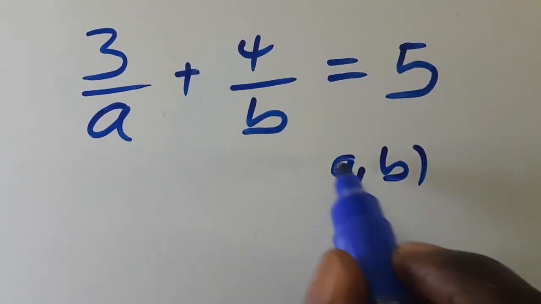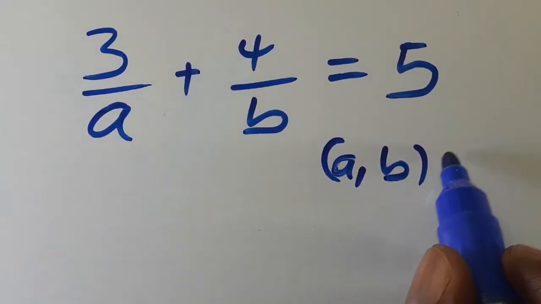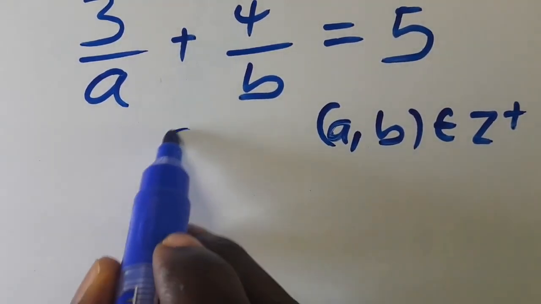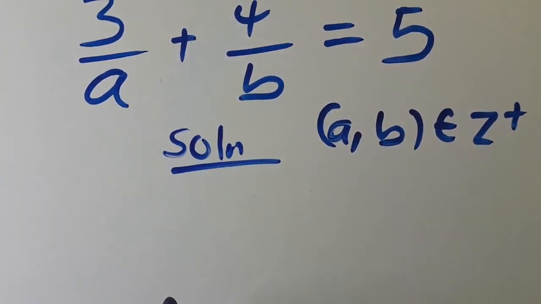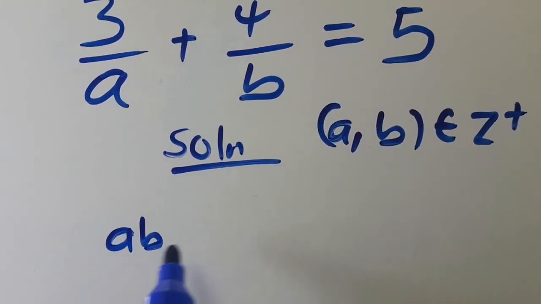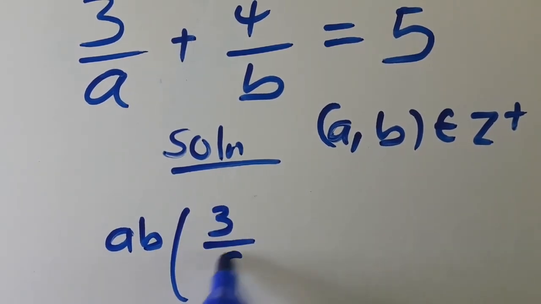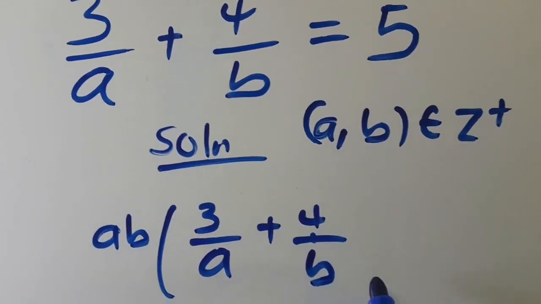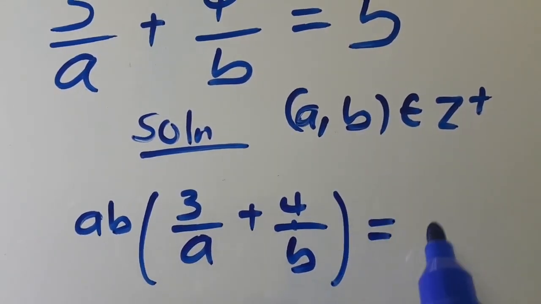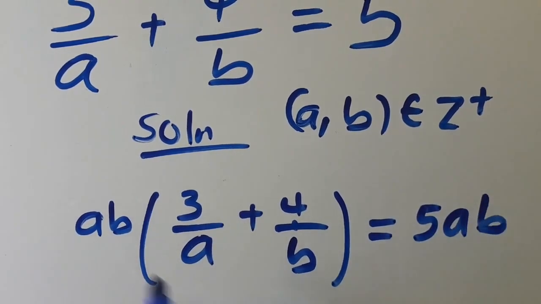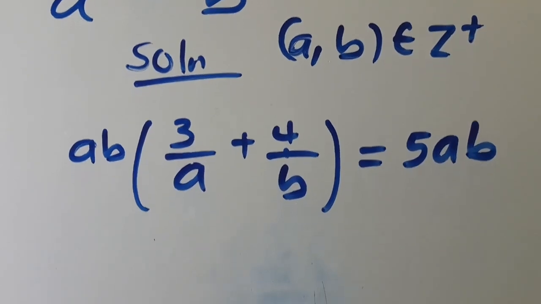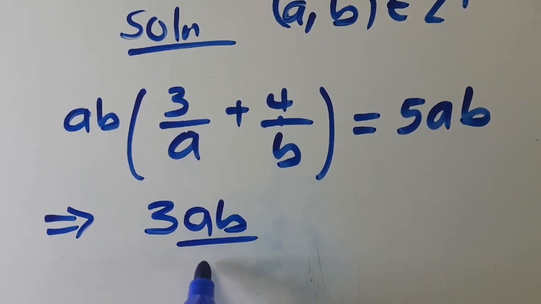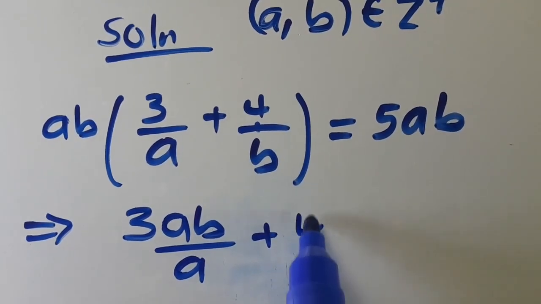We want to find the value of a and b such that a and b are members of the positive integers. Then from here, let us multiply through by ab. Then we have 3 divided by a plus 4 divided by b equals 5ab. When we multiply through by ab, it implies we have 3ab divided by a plus